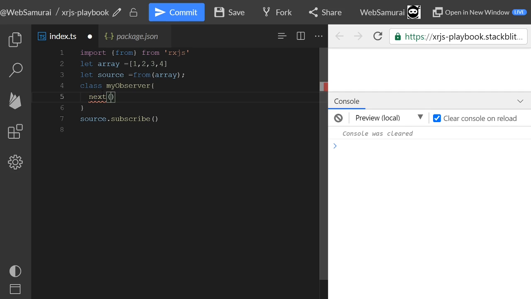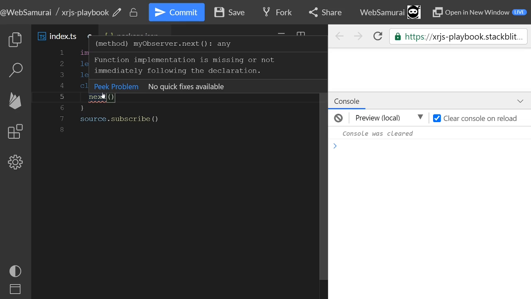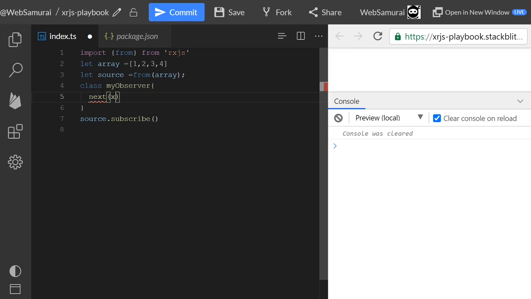Whenever the observable emits a value, the observer catches that data into the x variable and does the necessary action on it. The next method is error. Whenever an error is emitted, the error method is called, and it immediately closes the stream.